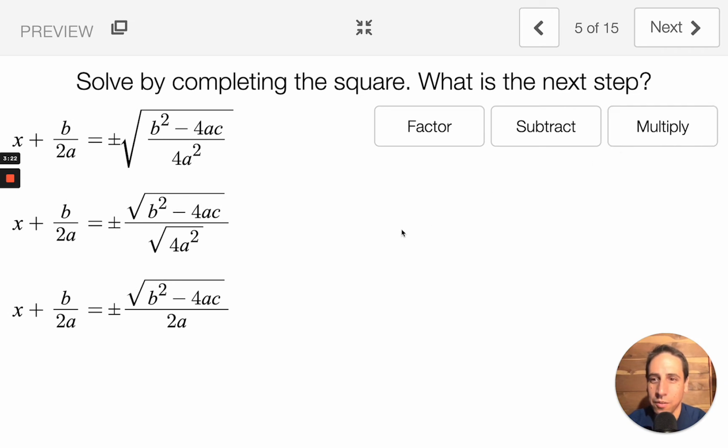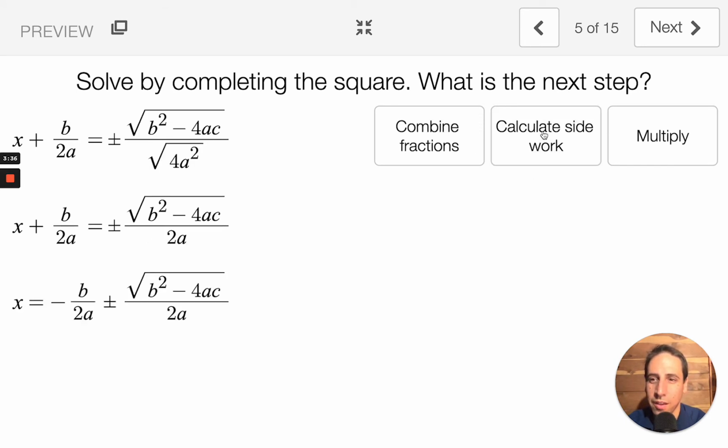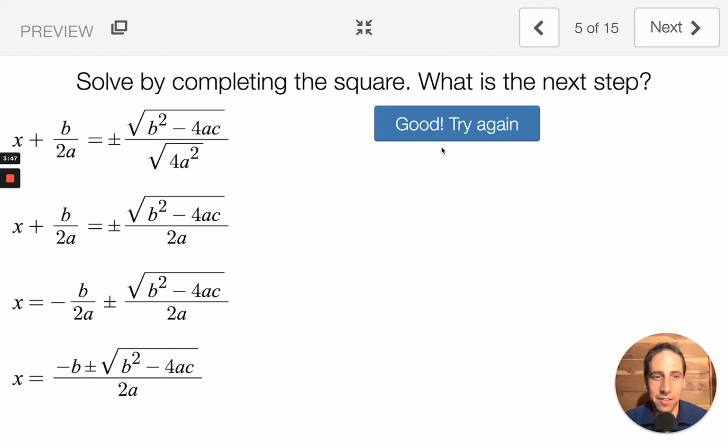Now we are on our quest to get x all by itself. So let's solve for x. Now remember, that's why we complete the square in the first place, is to solve for x. Let's subtract from both sides b over 2a. And that's what we get. And look at this. The denominators are both the same, 2a, 2a. These are two fractions, and let's combine them together. So we are left with x equals negative b plus or minus the square root of b squared minus 4ac